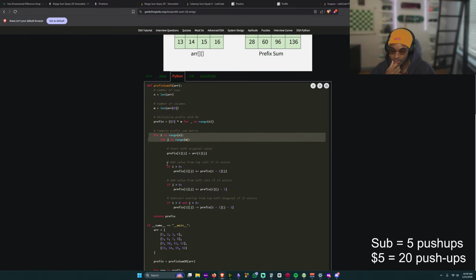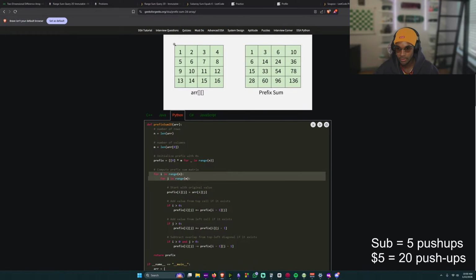If i is greater than 0, then prefix of ij plus equals prefix of i minus 1, j. So let's say we were at 1, 1.